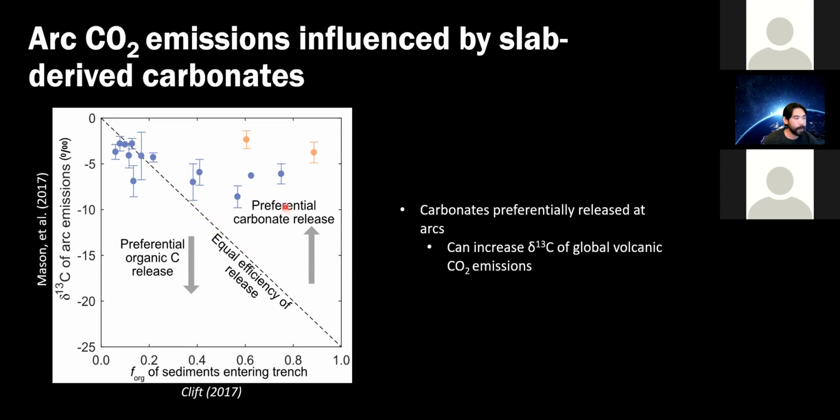And if you're above this, that would suggest preferential carbonate release. And if you're plotting in this region, it would be preferential organic carbon release. And it does seem that many of the data points are shifted more dramatically to this region of preferential carbonate release, suggesting that perhaps we are releasing carbonates more efficiently relative to this graphitized organic carbon from these subducting